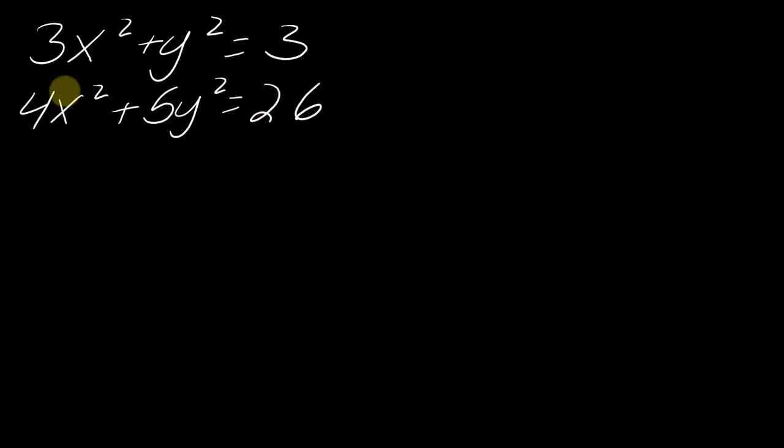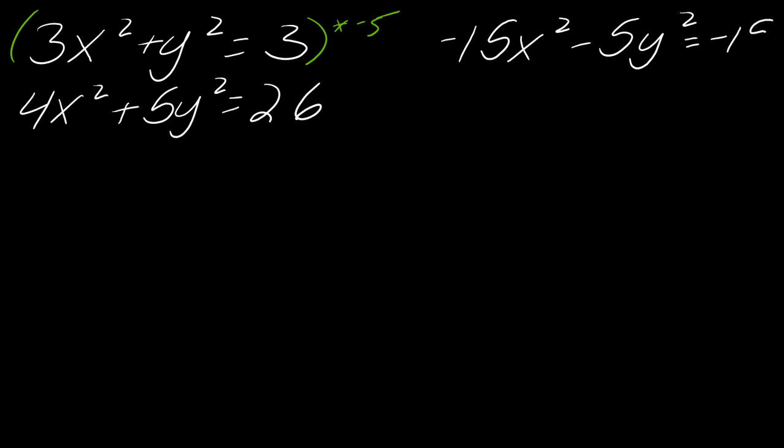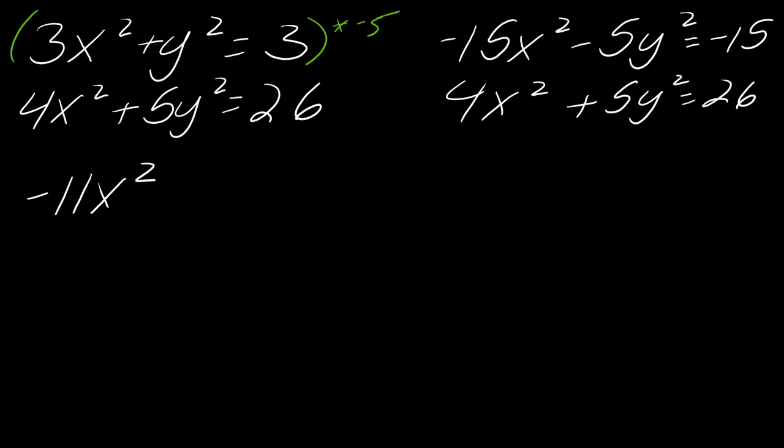Okay, so like I said, this problem, I want to use elimination. Now, I cannot eliminate in its current form, so what I'm going to do is multiply this times negative 5. So I have negative 15x squared minus 5y squared equals negative 15, and then 4x squared plus 5y squared equals 26. So if I combine those two equations, then I get negative 11x squared is going to equal